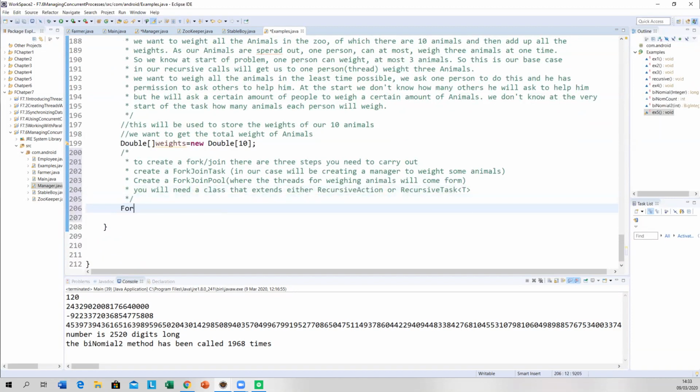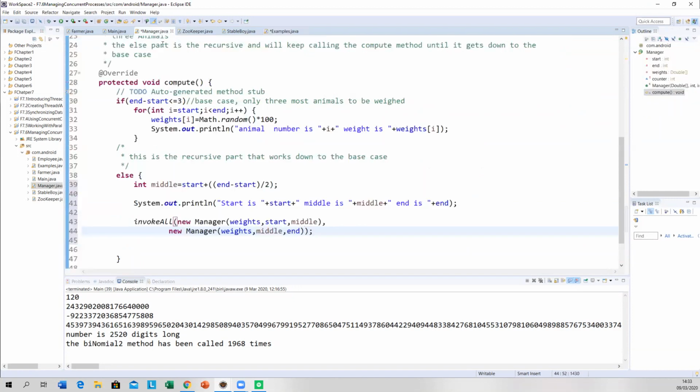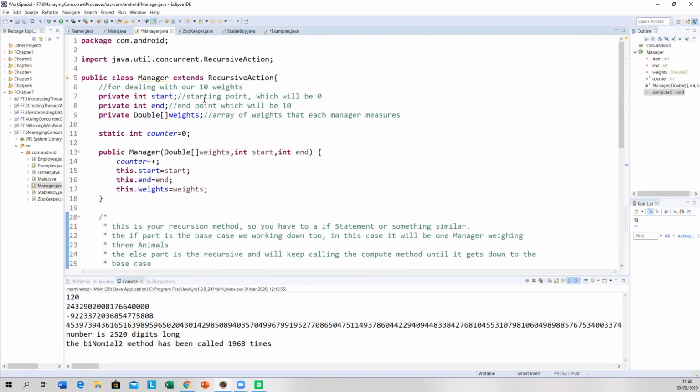Now, the manager class implements recursive action, which returns nothing.